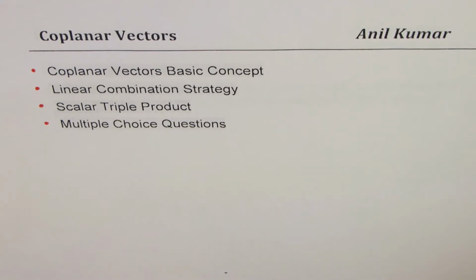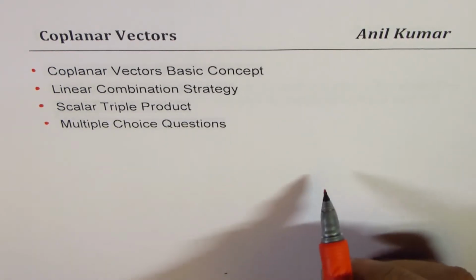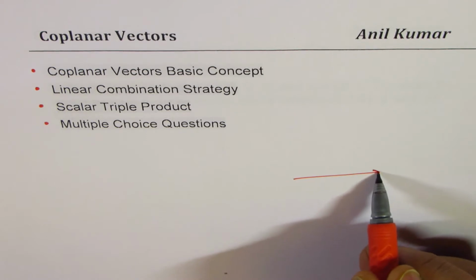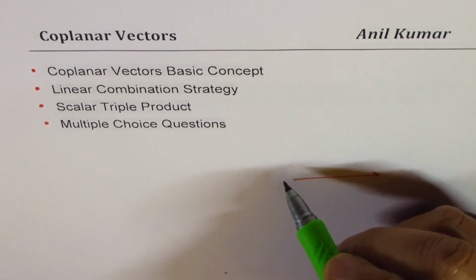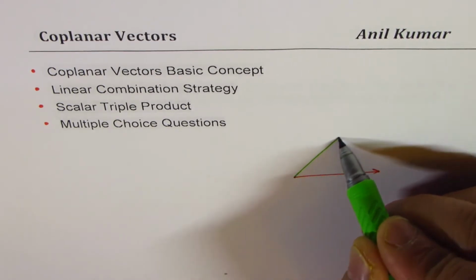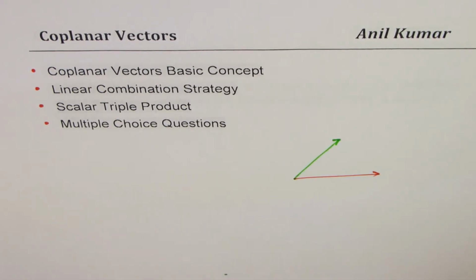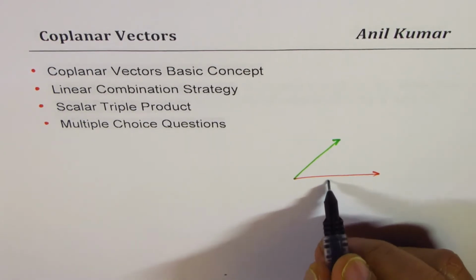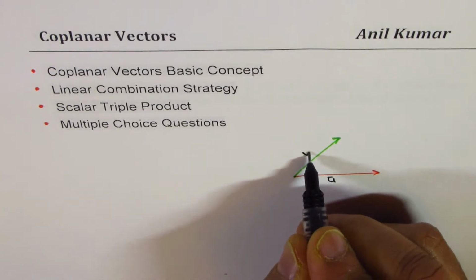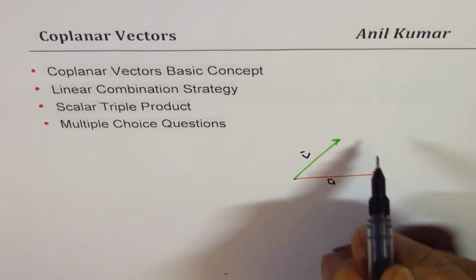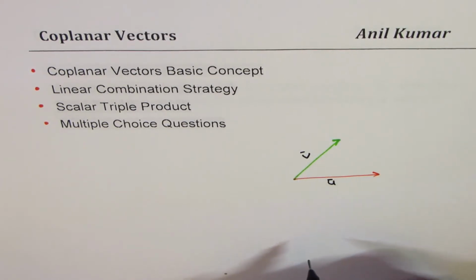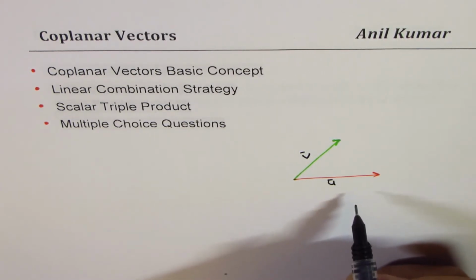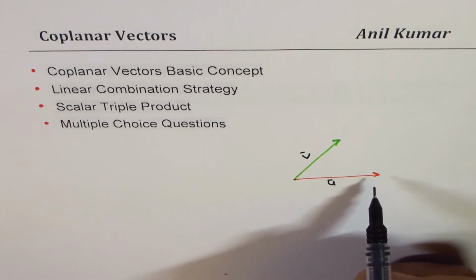Now let me begin by giving you an example. Let us say I have two vectors, right? So vector A given here in this color and the other vector like this. Now any two vectors given to us can always form a plane, right? So let's say we have a vector u and a vector v. Then the two vectors will form a plane. If I draw them on this paper, in that case, we are sure that the plane is the plane of